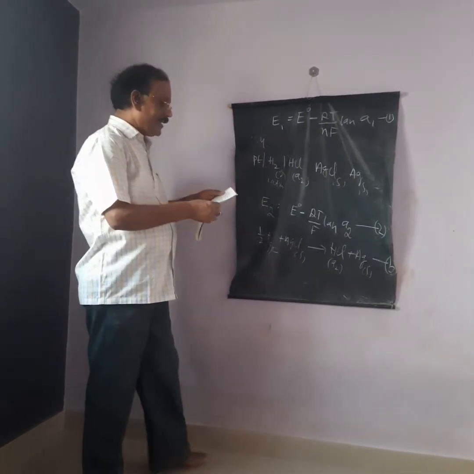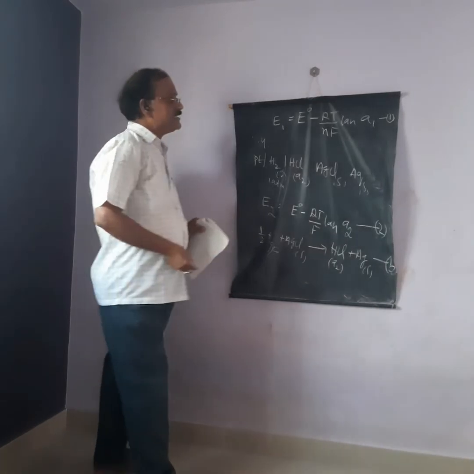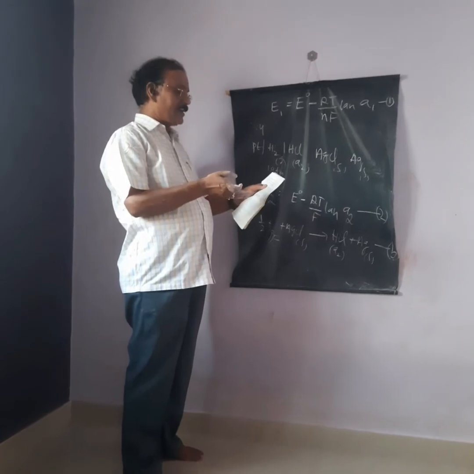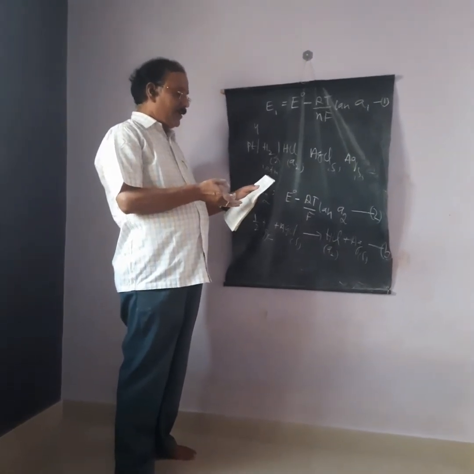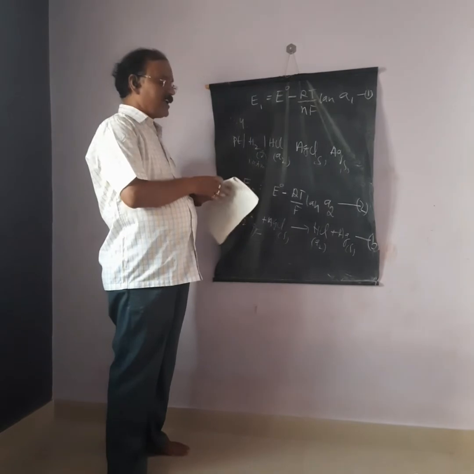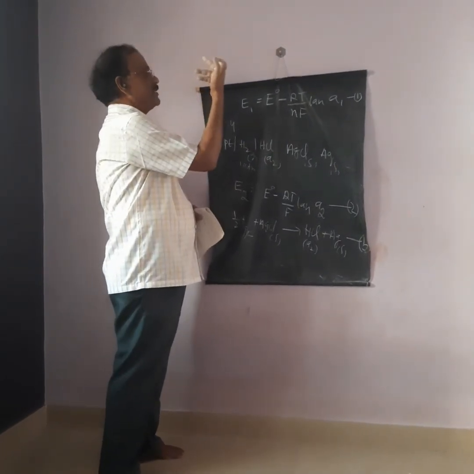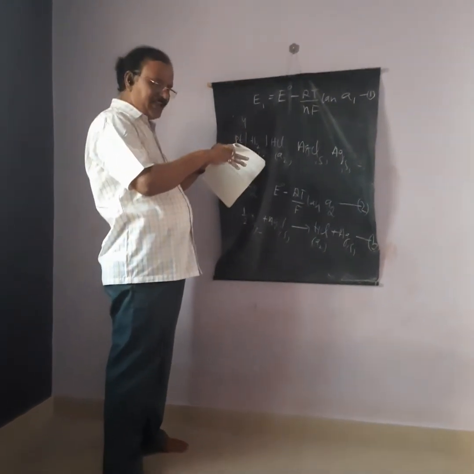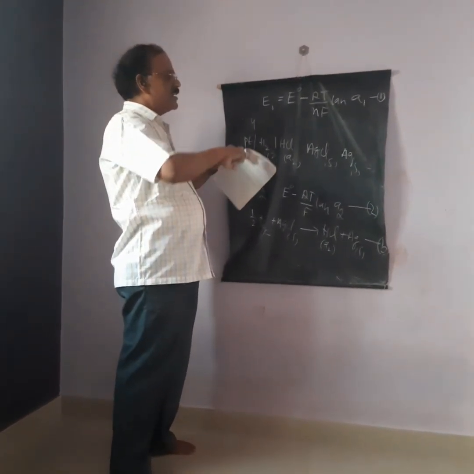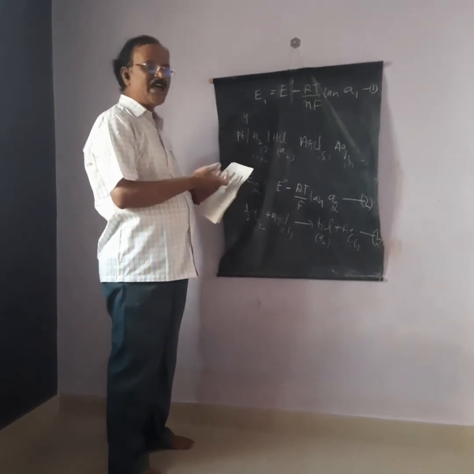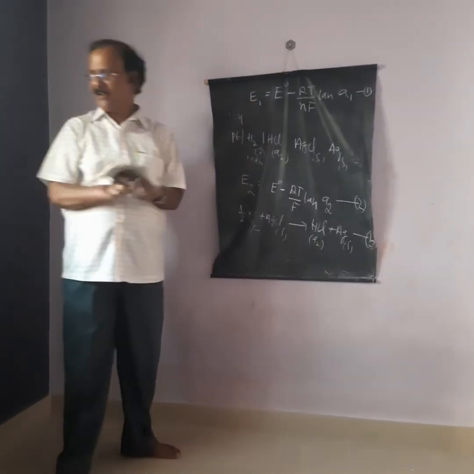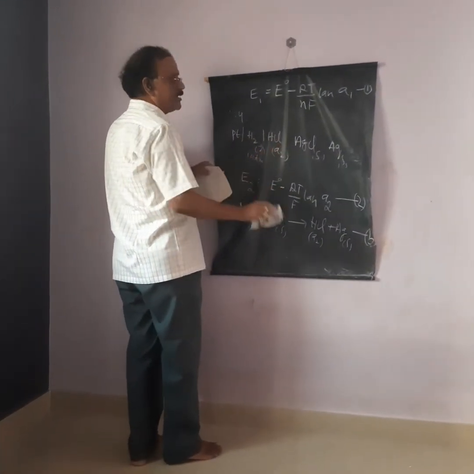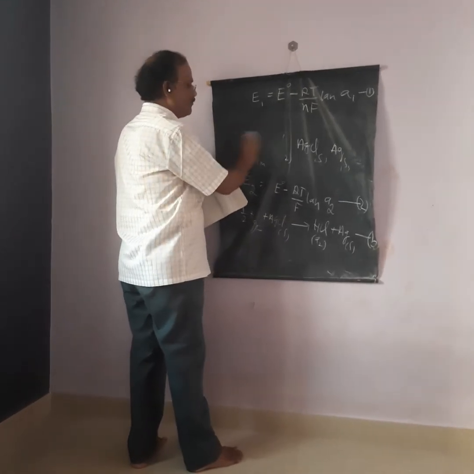Finally, consider the solution when the two cells are connected to each other in such a way that they send current in the opposite direction. When the first cell and the second cell are connected with each other such that they send current in the opposite direction, write the cell and remember equations 1 and 2, which are written on the board.